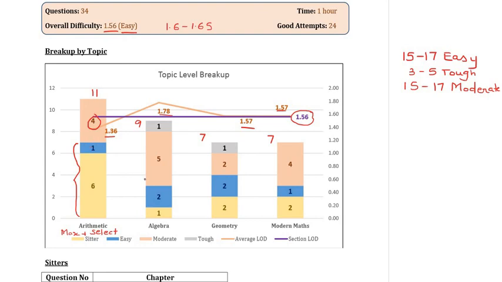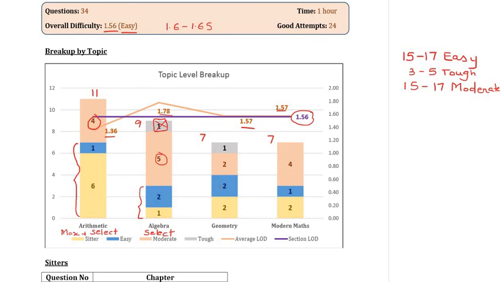On the other hand, when I look at the toughest area of the mock, very clearly out of the 9 questions here, only 1/3 were easy or sitters, whereas 5 out of 9 were moderate and 1 was tough. So even assuming that I do not attempt this question, the key word for this entire area would be to select the right questions to attempt. Because definitely you had to identify the easy ones, and within the moderate ones, you had to then try and select the ones that you were comfortable solving.